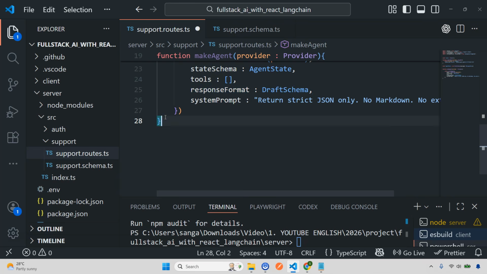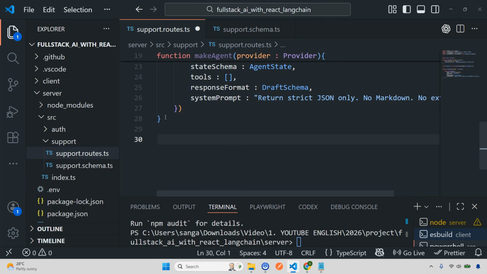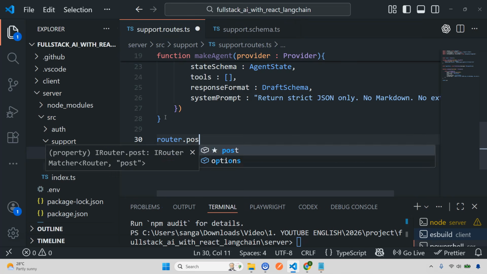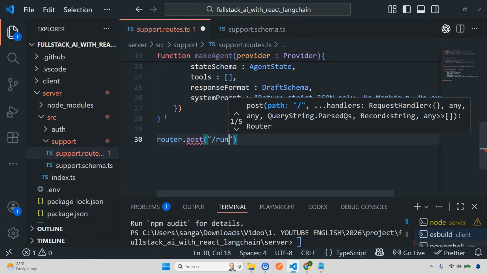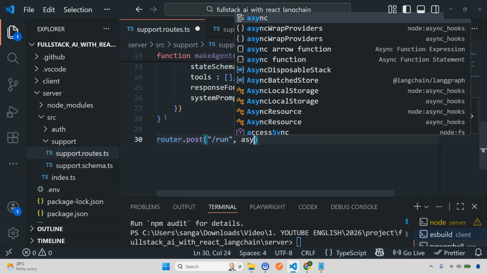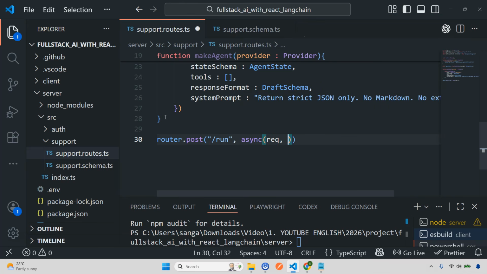Okay, so you have to understand the process, how it will work. So what we're going to do first is create our endpoint. So I'm just going to do router.post, and this is the endpoint that we are going to call from our UI side. Okay, so whenever the user asks a query, we are going to hit this particular endpoint, and here I'm just going to do async. So we'll do request, response,